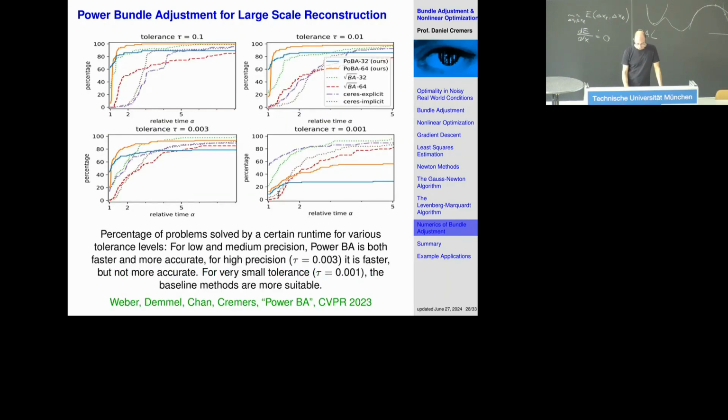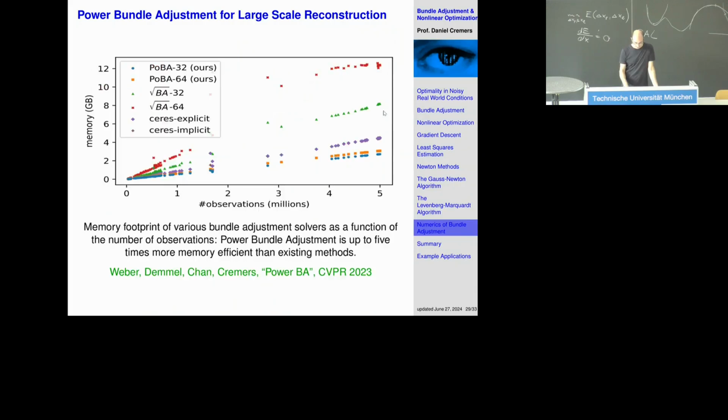And so I do believe, since we are significantly faster, and not only faster but also more accurate, right? So even if we let the runtime go far, up to 5, we're still better than some of the other methods. Here, for example, the 64-bit version still supersedes all the other methods. And so it gives you more speed and more accuracy, and